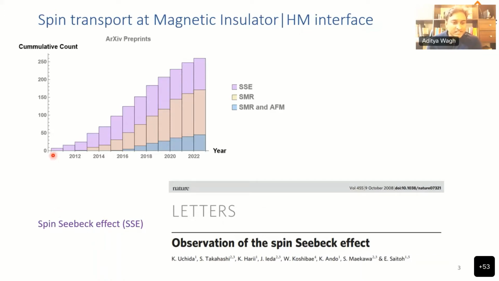So initially, what I did here is I just fetched some arXiv preprints from the repository to get an idea of the cumulative count of different keywords appearing in the title or the abstract. So you can see that from 2008 onwards, spin Seebeck papers are really increasing in number. However,